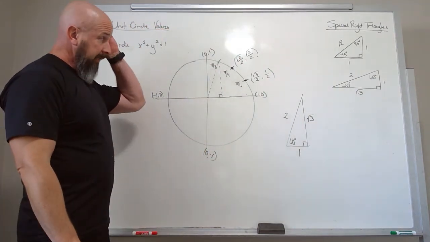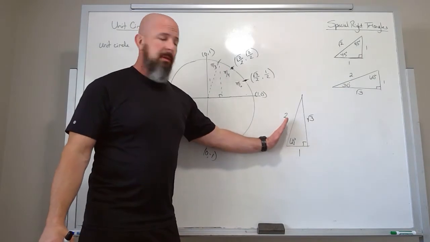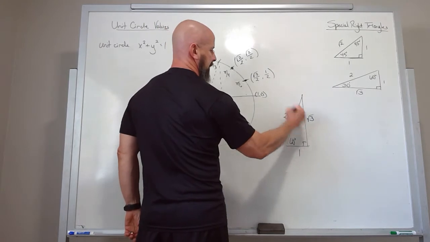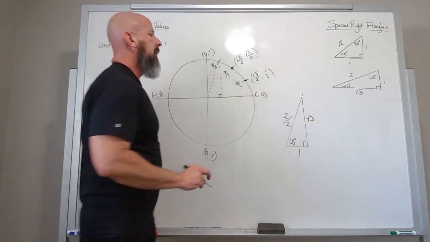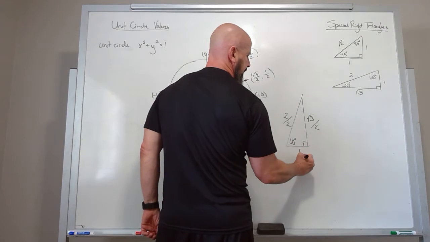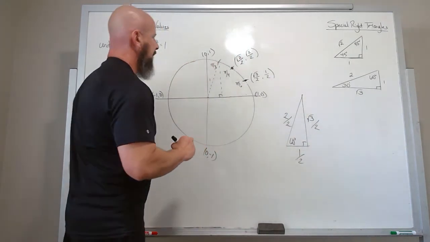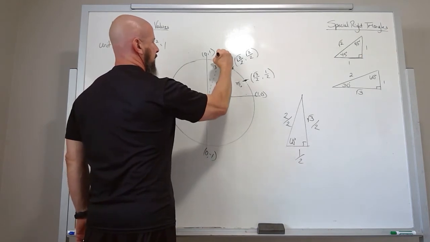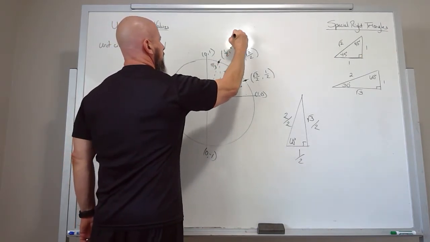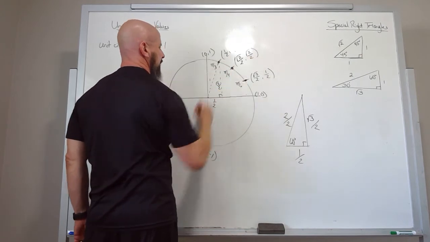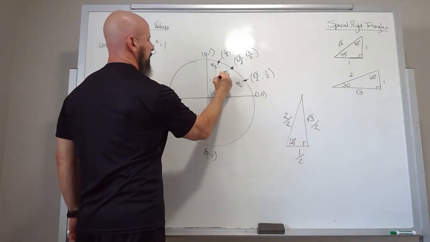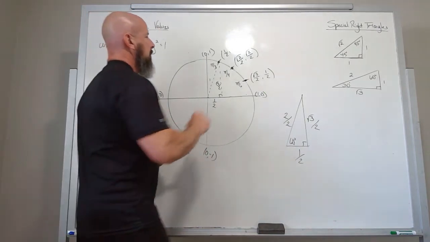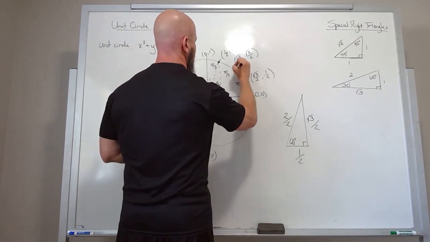And so once again, I want to scale it down. I don't want a 2 hypotenuse. I want a 1. So that means I divide this side by 2, which would give me a 1. And then if I scale it down, each of those are divided by 2, giving me a 1/2 and a root 3 over 2 on my triangle. And so then here is my ordered pair, 1/2 and root 3 over 2. That's where it's taking those triangles and putting them into my unit circle. Now,